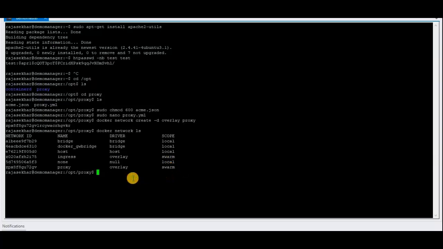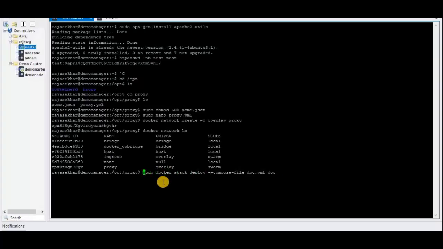Now it's time to deploy our service by using this command. You need to mention the proxy.yml file to deploy that service. We need to run this command. Remove sudo, add your main username to the Docker group. sudo docker stack deploy, the main compose file. Whatever compose file we are referring to here, we are referring to the proxy.yml file. I am giving it the name proxy. Now it's deployed, creating.